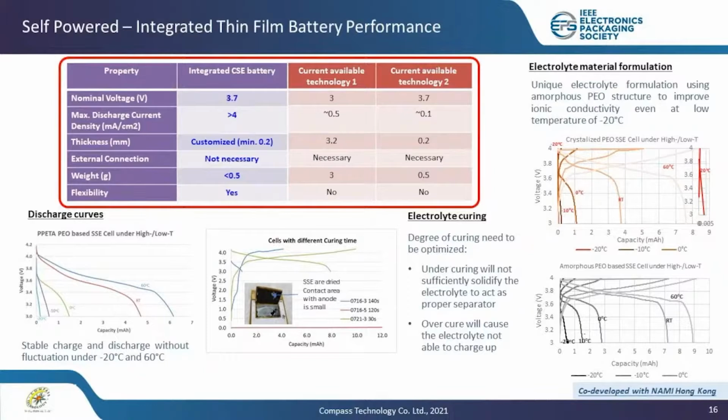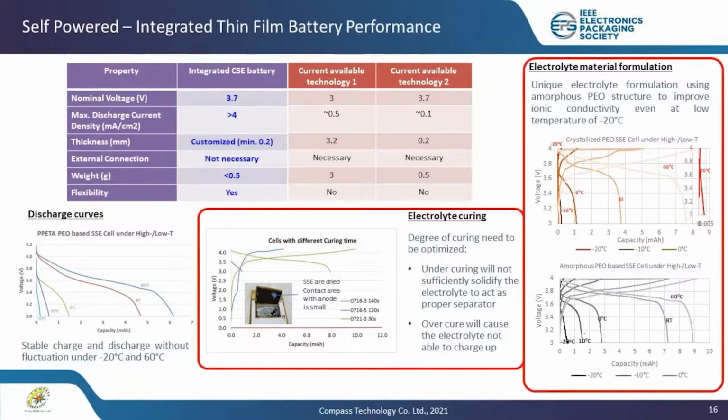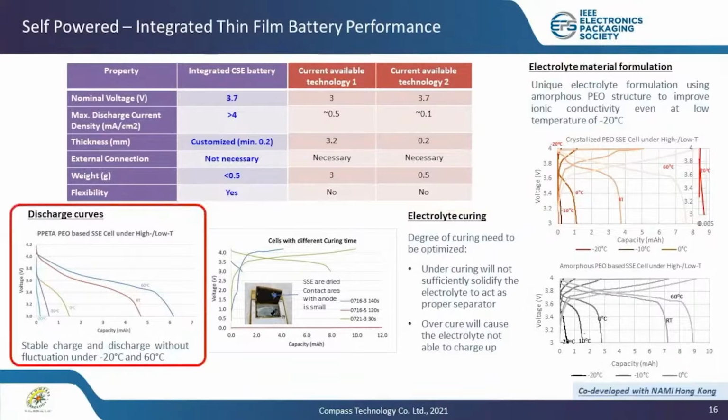Of course, to achieve this performance, we have multiple optimizations, including the electrolyte microstructure as well as the cooling conditions. As you can see from this experiment, a proper separator is important and will affect the C rate and maximum discharge current of the battery. The battery can also operate at a wide range of temperature from -20 to 60 degrees Celsius due to its polymer matrix with stable ionic transportation.